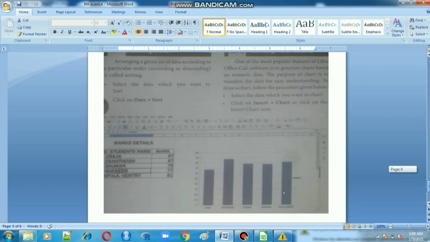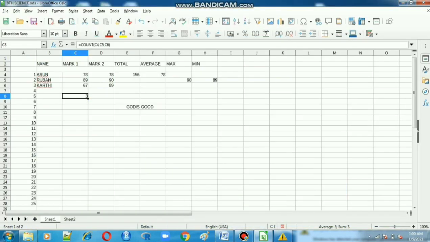Sorting data, maybe you already know that. How to sort data: select the details to sort. I want to select these 3 names only and sort them in ascending and descending order. Already it is displaying in ascending order. I have to click descending order. See here, these symbols are here: this is ascending, this is descending. What is the difference between ascending and descending? It is already in ascending order. Now I have to click descending order.